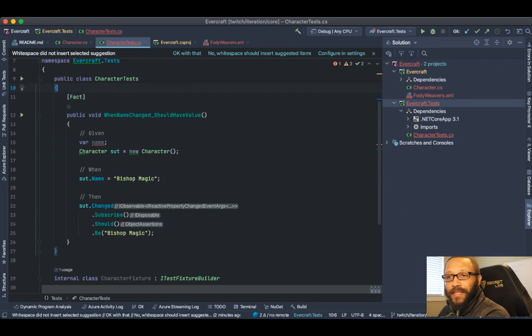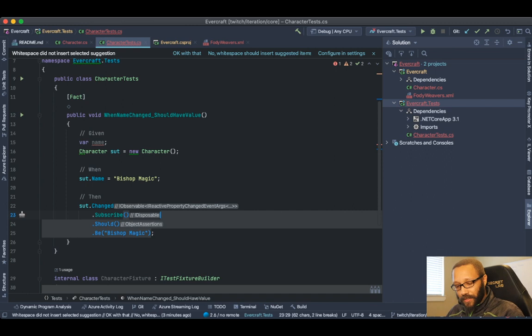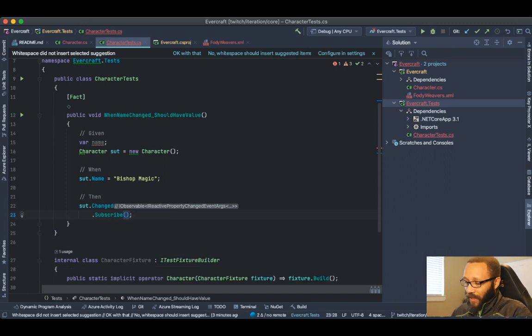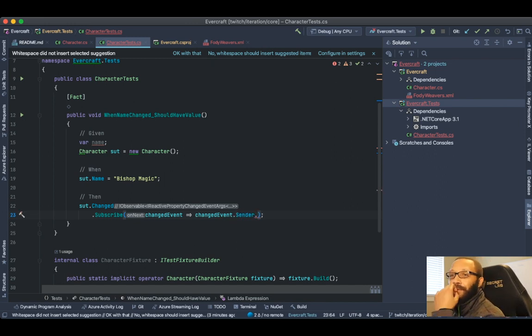So yeah, we've got this name thing. No, that's gonna be bad. Let's do this. Oh, we can just, yeah, we're just gonna be fun. Changed event dot property name, or no, dot sender. Oh, I can't cast it though. Oh, no, I can prove. Okay, yeah, I can just do dot sender dot property name equals